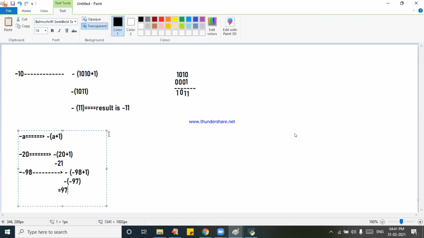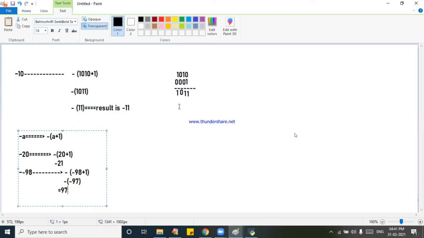And you need not worry about the binary calculations; here I told you already how to do the complements. So minus of minus 98 plus 1, minus of minus 97, is what gives the answer 97. Already I told you the binary format: convert that value and then you get the result like this.